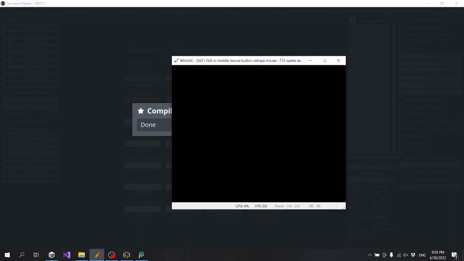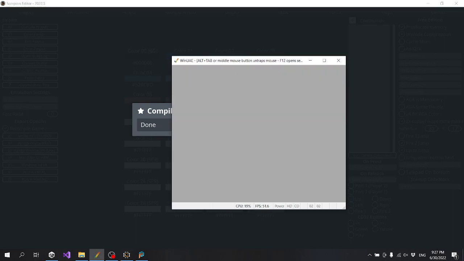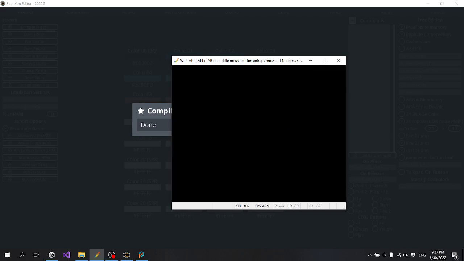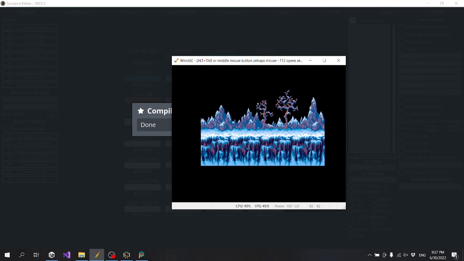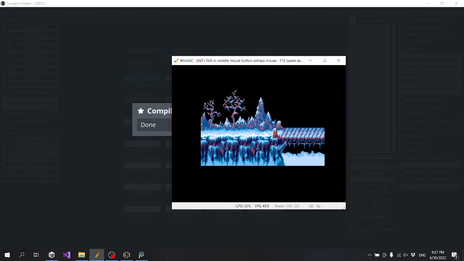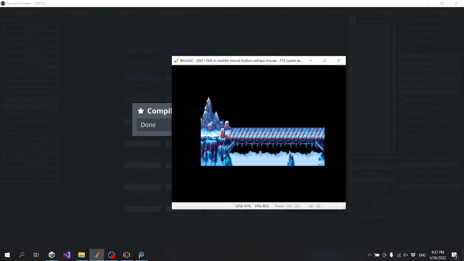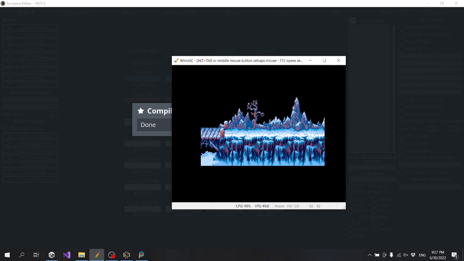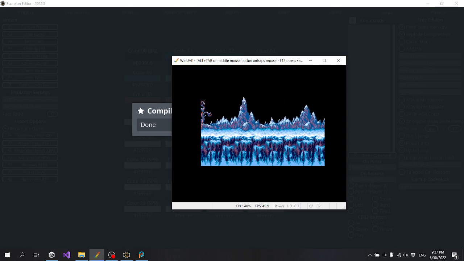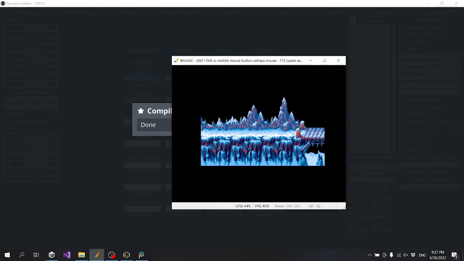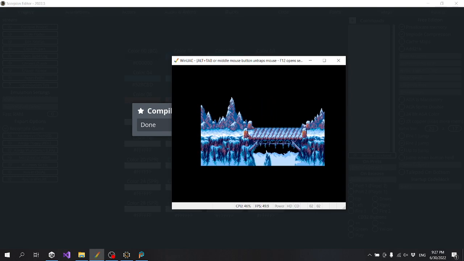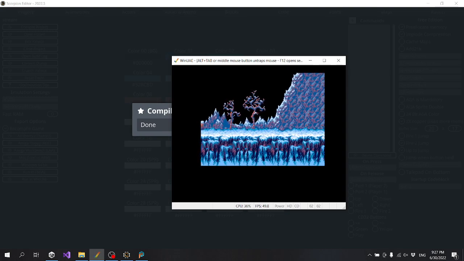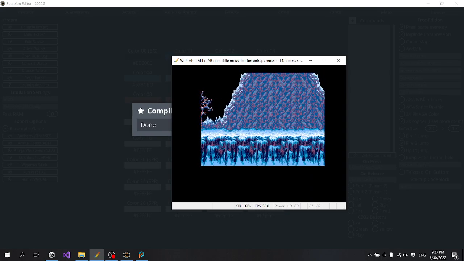Oh, and just to be clear, the reason why we've got black in the top left corner is because, yeah, basically it's more efficient when we've got black. It doesn't need to generate as many copper list instructions to change the color to black when it hits the background border. So I usually recommend having black as the very first color in the palette, and we can do that here